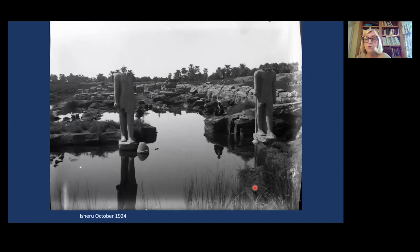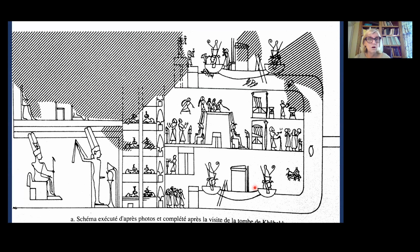And that's a view two years later, looking down the central axis, also in the month of October. So the lake was very much conditioned by the Nile River itself, its rise and its fall. And the Egyptians must have been very aware of this, and we do actually have one tomb in Deir el-Medina that dates to the reign of Ramses II that actually depicts the temple of the goddess Mut and the Ishru. And here is the crescent-shaped, almost horseshoe-shaped lake that is around the temple itself. And you'll notice that there is a dock over here, and there is a dock over on this west side